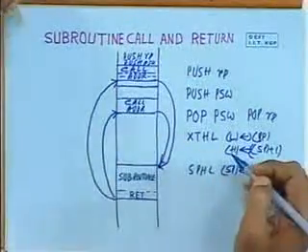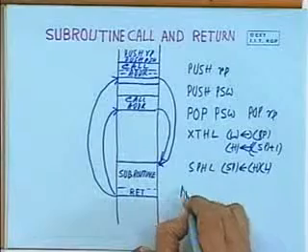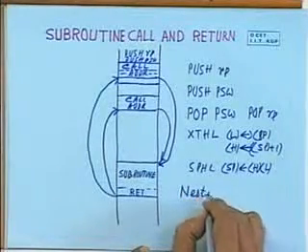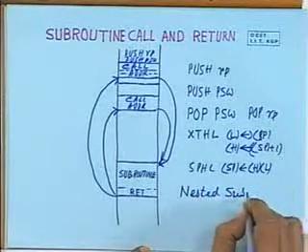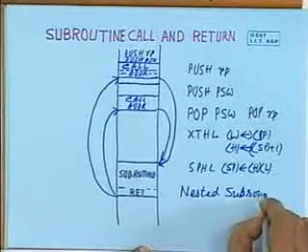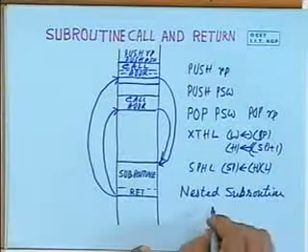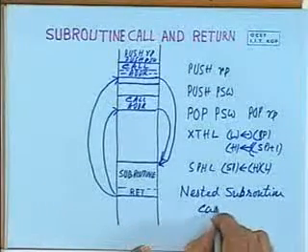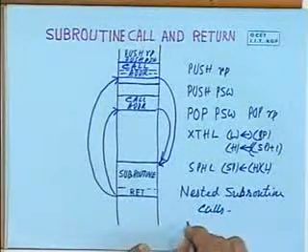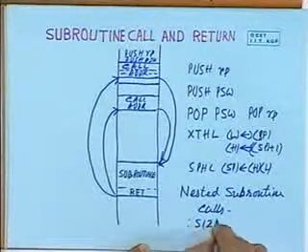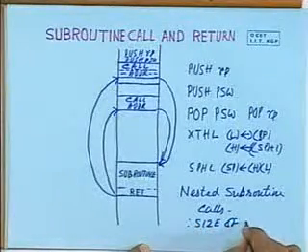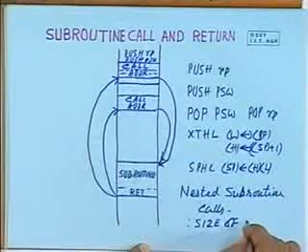So in this way you can have nested subroutine calls. However, the number of nesting that you can do will be decided by the size of stack. Size of stack will decide how many nested calls you can perform,